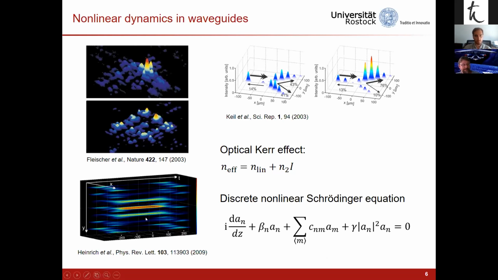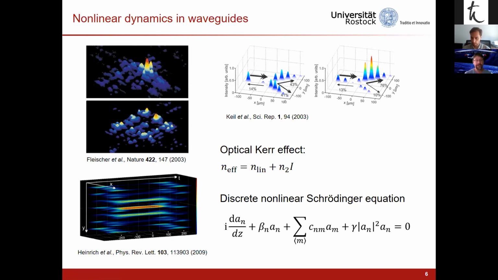This is just an example of how to look at two-dimensional X waves, nonlinear X waves in waveguide arrays. So X waves are a particular nonlinear thing that are dispersion and diffraction free. You can use these nonlinear effects also to route and switch light in these waveguide arrays. This was done here. So many things you can do. And of course, now we try and take this nonlinearity in order to create these nonlinear dynamics of edge states